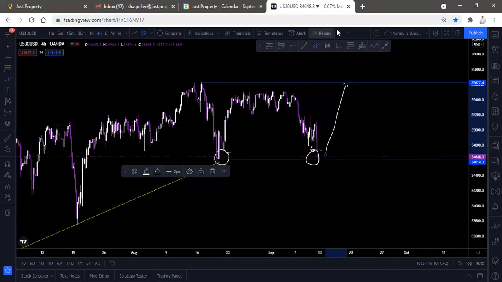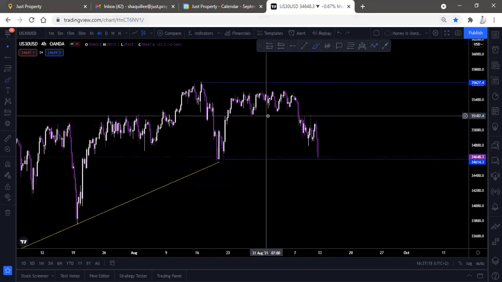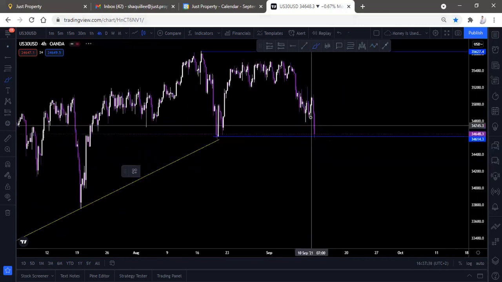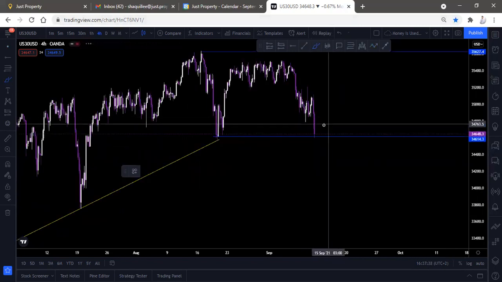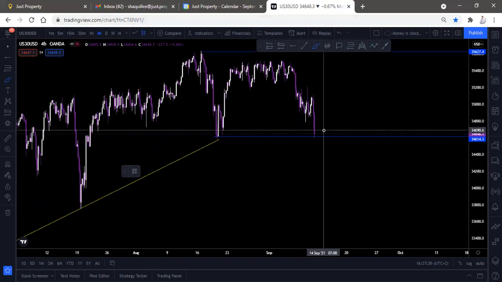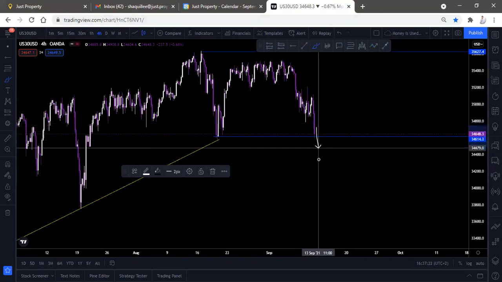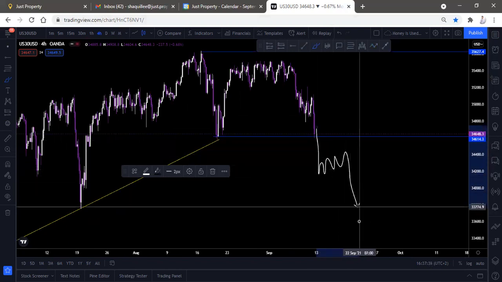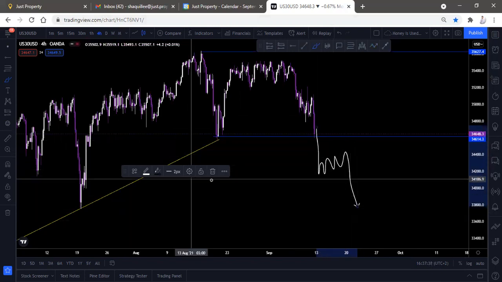That's what I will actually be waiting for. But if we see more momentum to the downside, like from this point over here, as we saw on gold, the impulse, correction, impulse, anticipating the next impulse. So if we see some more momentum here, then I will be waiting for that first correction, then move to the downside, right? That's it, guys.